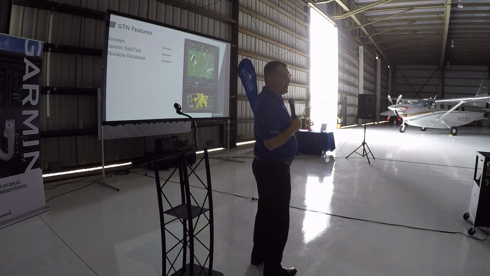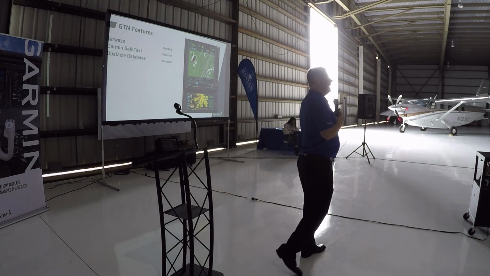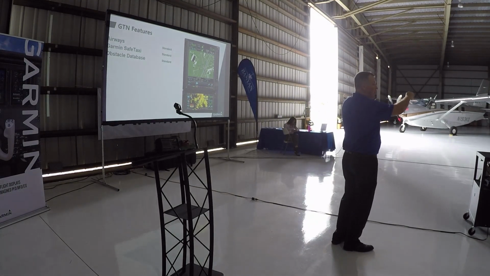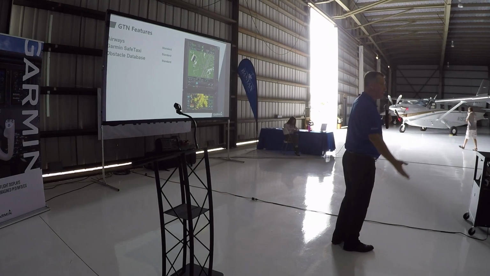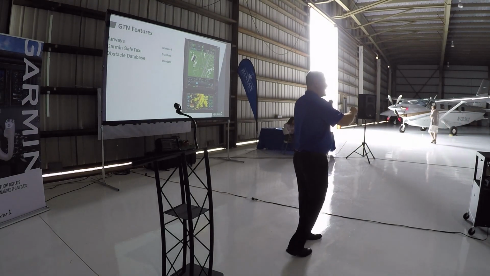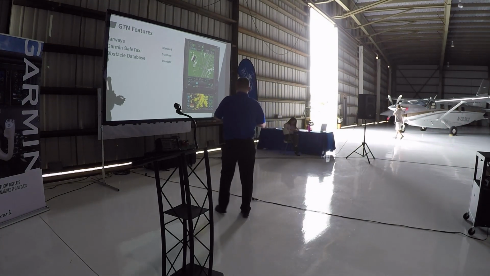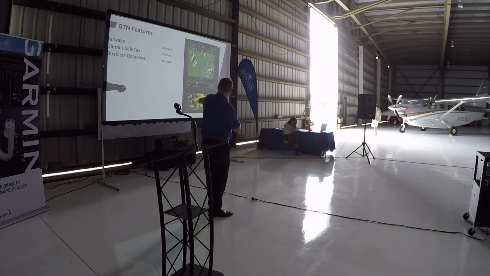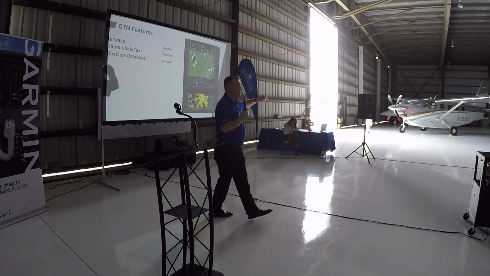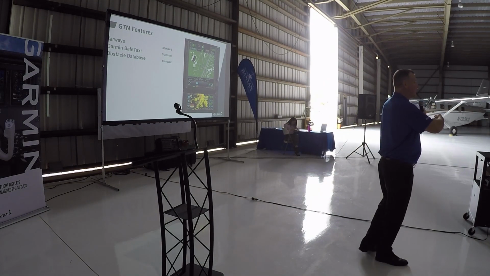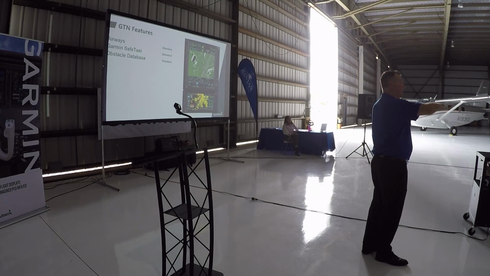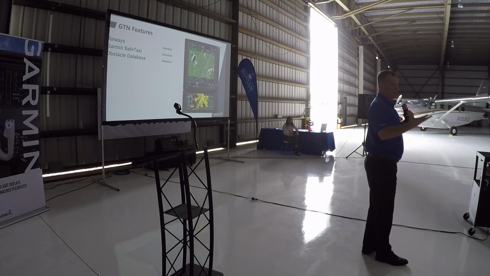We're going to show you, actually, if you get the GTX 345 Dave was talking about, we will overlay the airplanes taxiing on the taxiway and then color coding the targets according to their speed. If they're going slower than 30 knots, they're color coded brown. But then you can watch that target go from the taxiway, roll on the runway, and accelerate. It changes from brown to white and adds a target trend relative motion vector. So you can instantly tell if someone's flying over the airport or taxiing on the taxiway just by the color